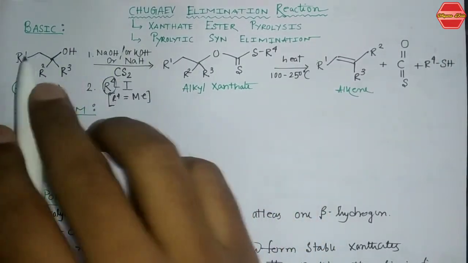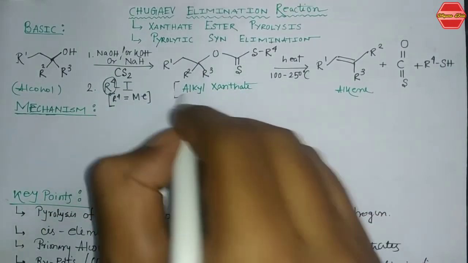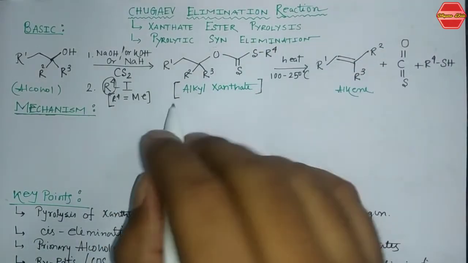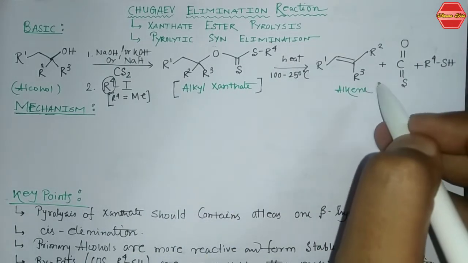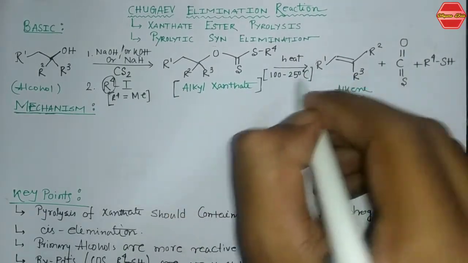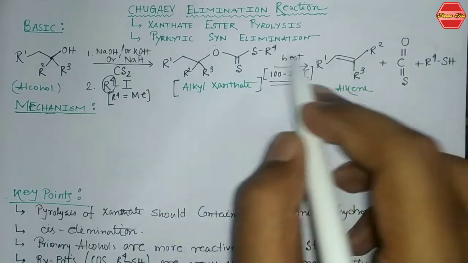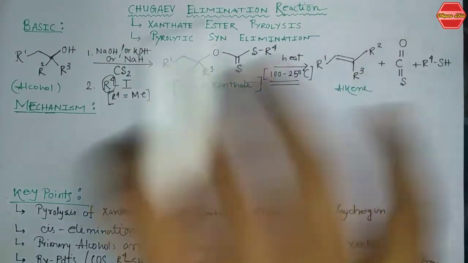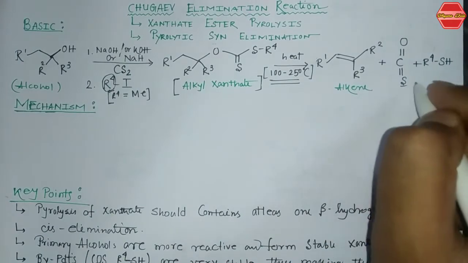Now when you use this reaction condition, you then get alkyl xanthate. Now this is your xanthate, and this overall part is called the xanthate group. Now this xanthate group, if you heat this compound, will form an alkene derivative. This is your pyrolytic condition, that is your heat. So heat is given, and you get the alkene from an alkyl xanthate. Now how will you get from this one to that one? Now you also get this kind of side product.